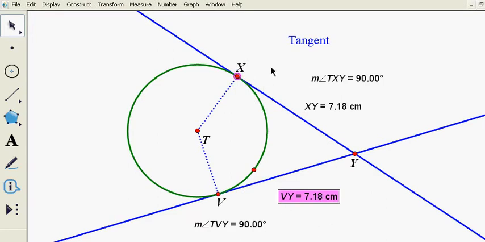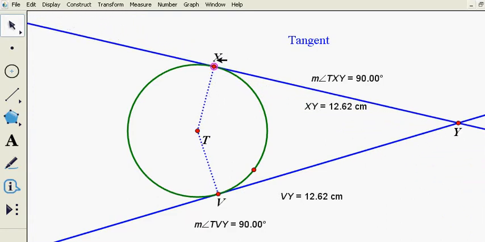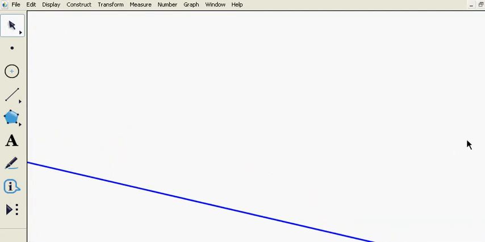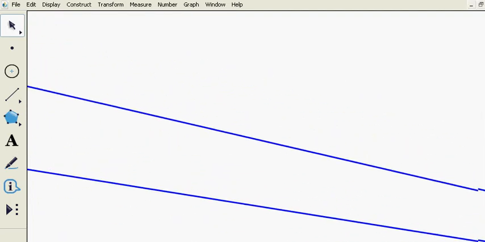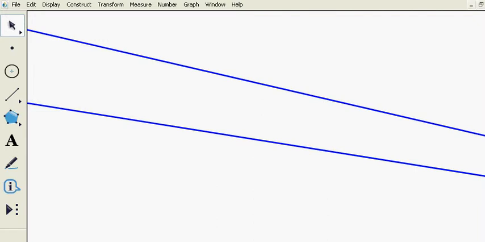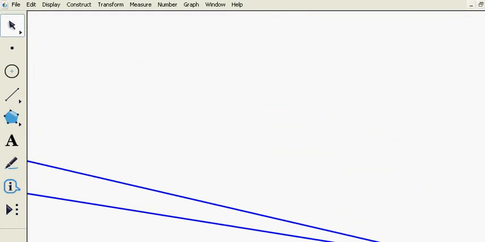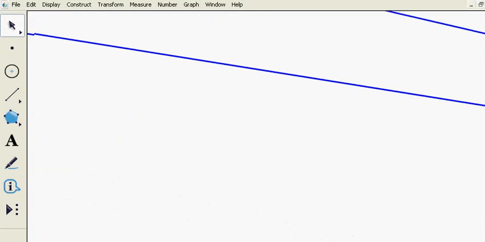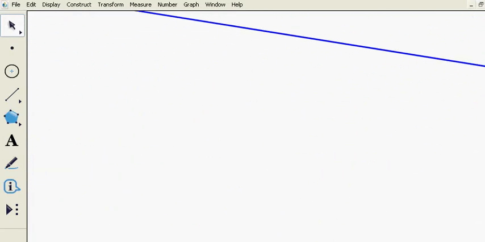Well, as I move this point up here, I notice that everything stays at 90. My measurement angle hasn't changed. My length from x to y changes to 12.62, but so does the length here. So it makes a very interesting triangle. Now this one goes right off the edge of the page. If I was to continue and drag this down, continue and drag this down, and continue and drag this down, we would end up getting, I'm off the screen here, we would end up getting our original point where the